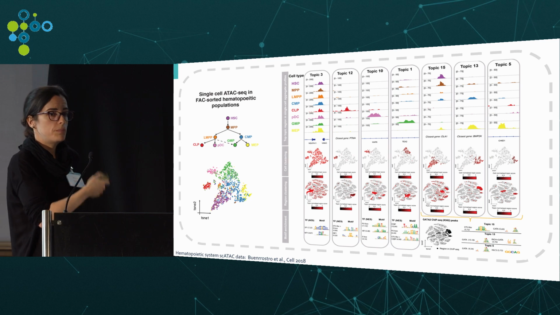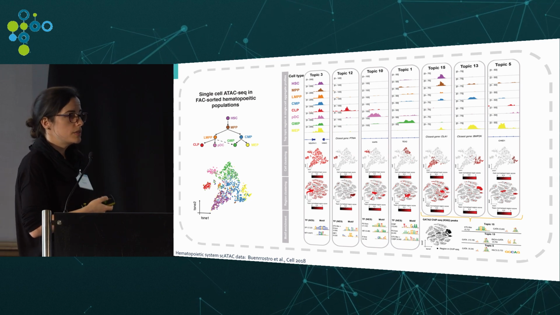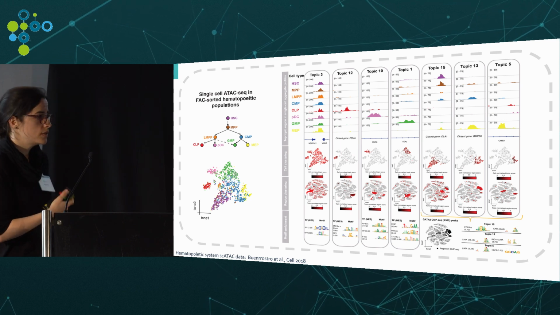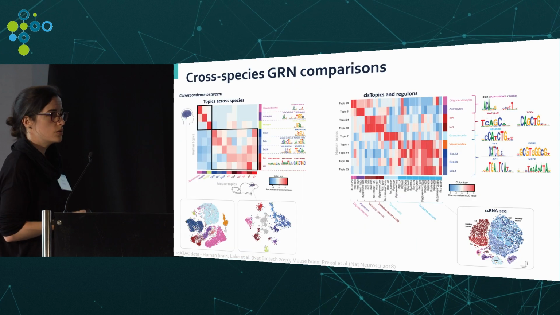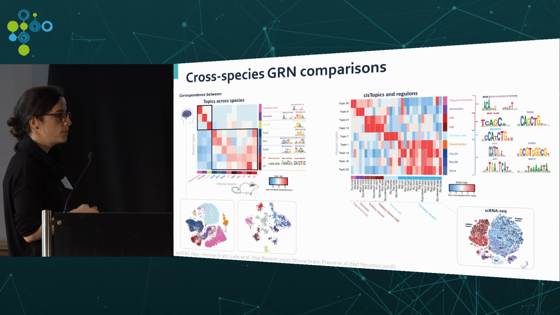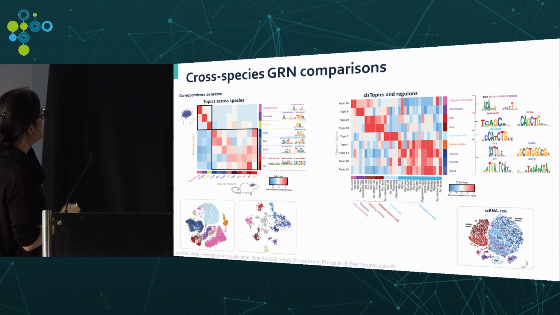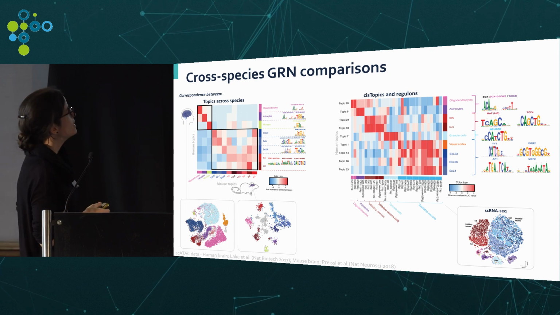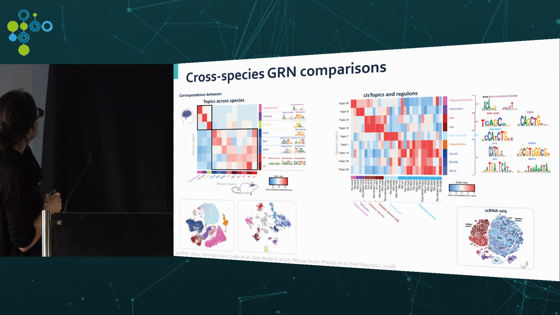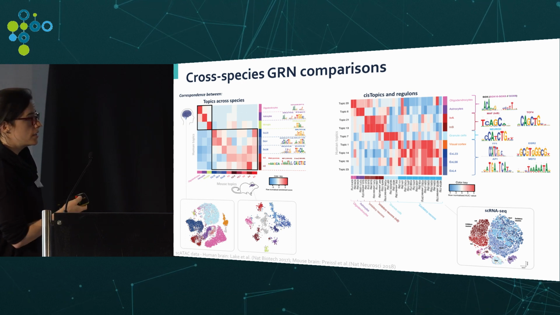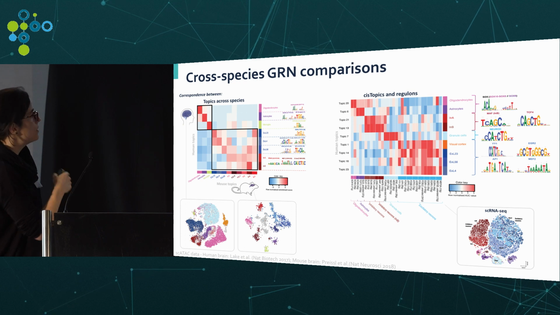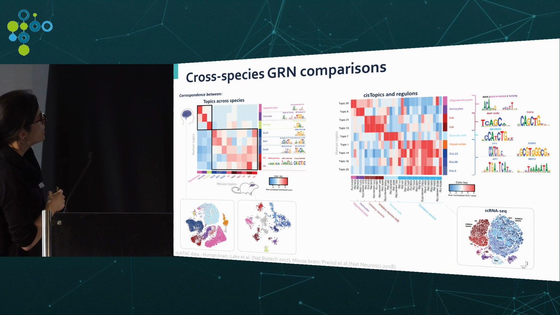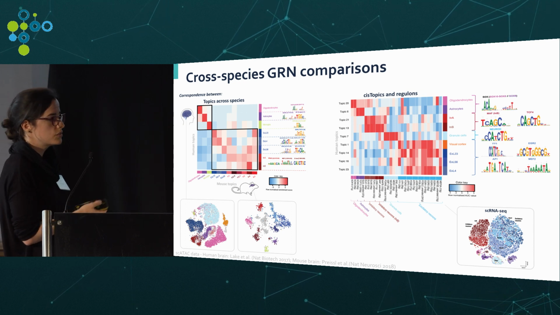In addition, these topics or sets of regions can also be used for many other types of analysis. For example, I will illustrate here the cross-species network comparison with these data sets. We applied cisTopic to single-cell ATAC-seq data sets from human and mouse brains, and we easily recovered the cell types that had been reported in the publications, but far more easily. And then we compared the human topics to the mouse topics using enrichment and mapping the corresponding regions using liftOver. So we see that the cell types that present the most conservation across species are the glial cell